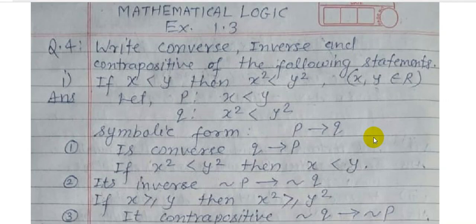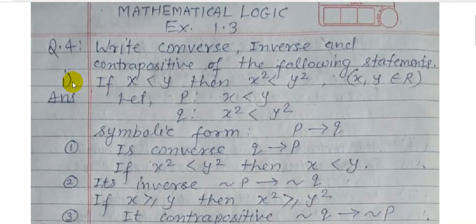But one more thing here, you do not think about whether the statement is true or false. Do not think about the statement. What is given, you have to convert that statement into symbolic form, P conditional Q, and then apply these rules. And these rules are already explained in the previous lecture. So you can refer to the previous lecture for the same exercise, exercise 1.3. Many rules and explanations are given in the previous lecture also. So now we start today's question 4 first.